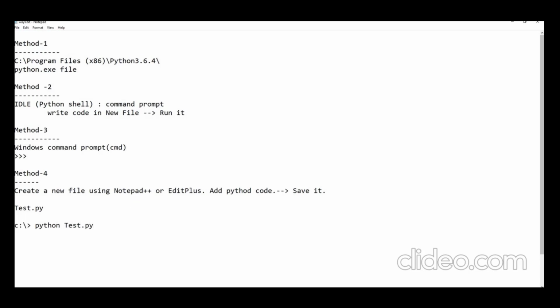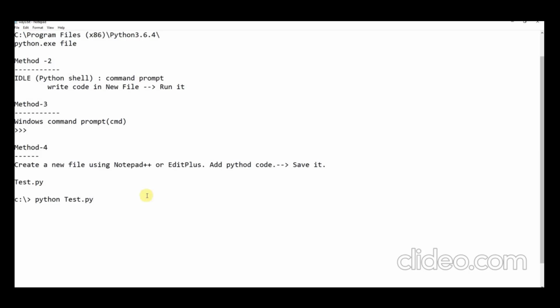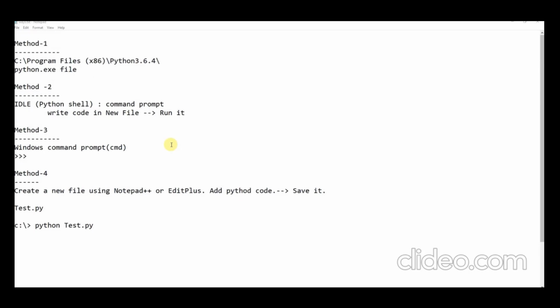Now I'm going to show you one more approach. The next one is online compilers. Suppose you have installed Python in your system, but there are some issues with the installation or configuration, so you are not able to run your programs in your local system.